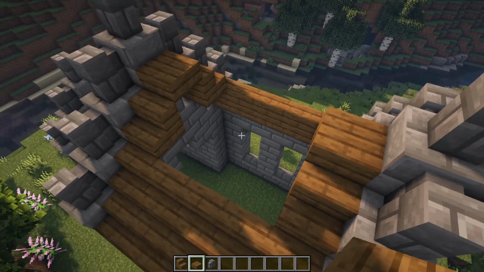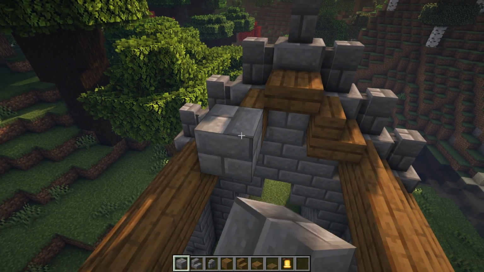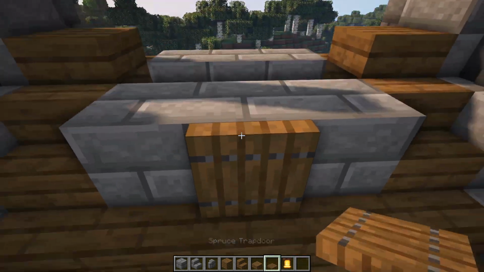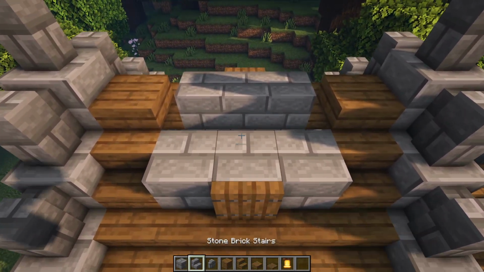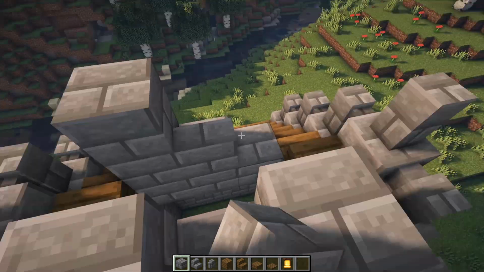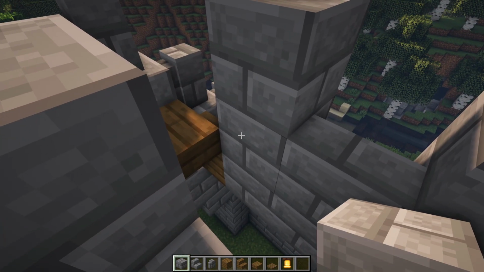This is going to become a tower, which we're going to build right now. So we're going to start off with 3 stone bricks here, either side of the stairs, and then we're going to grab a spruce trapdoor and just place one in the middle of those blocks on both of the 2 sides. We can then have a stone brick stair just above that trapdoor with 2 full blocks either side of it, like so. On these 2 blocks here, just beside the slab, we're just going to have 2 full blocks,